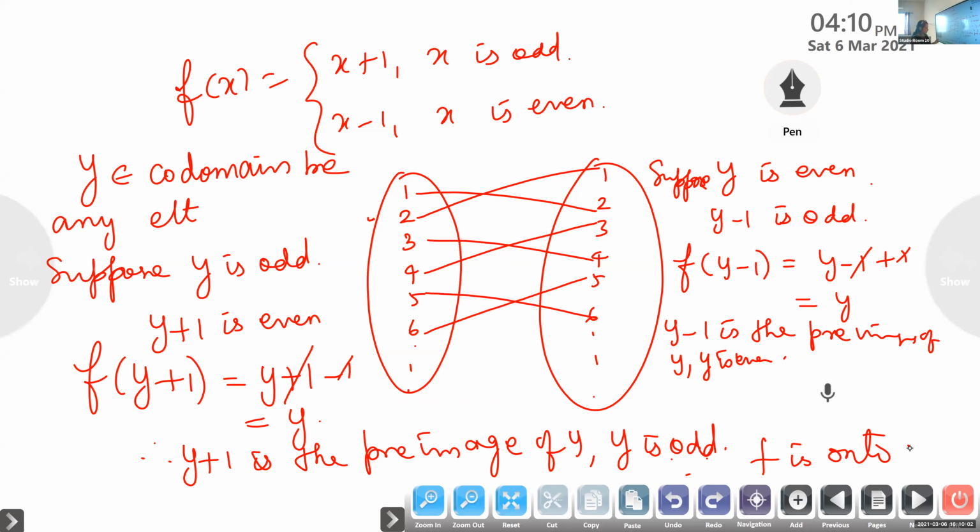A similar question is there in your textbook, miscellaneous exercise. Instead of natural numbers, there we are taking whole numbers. What will be the difference? We have to start from 0. 0 will be included. Accordingly, the function will change. The same way you can proceed. Here also you have to take 2 different cases and prove it. Okay?